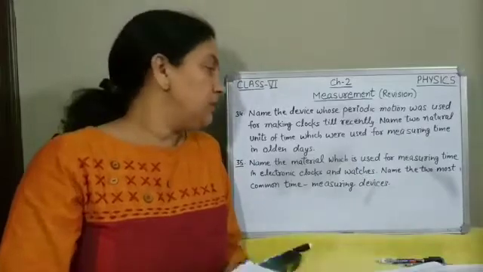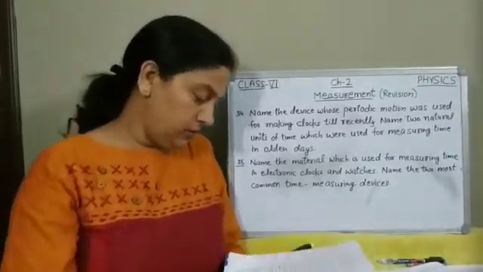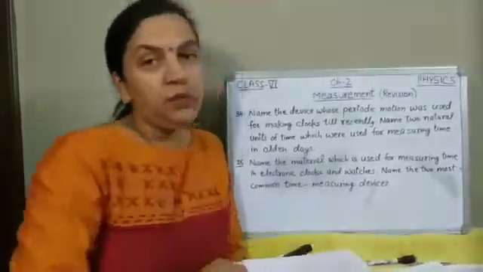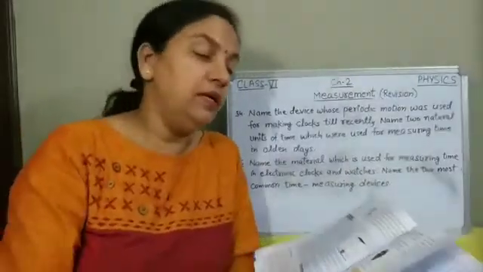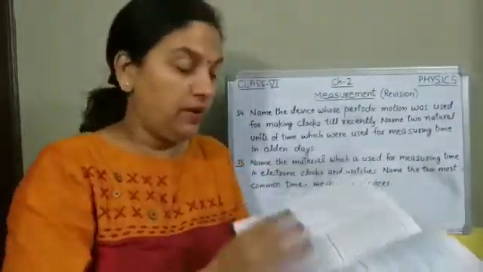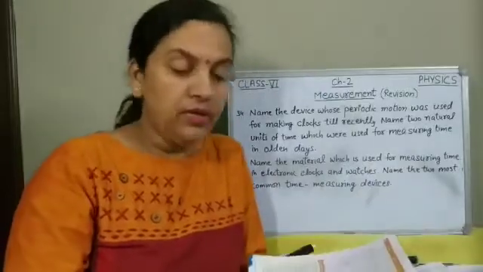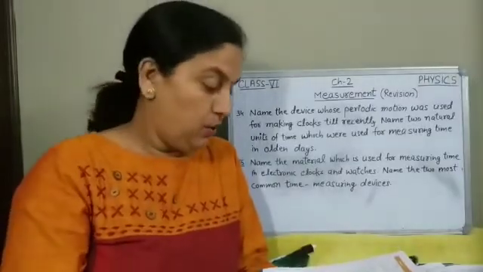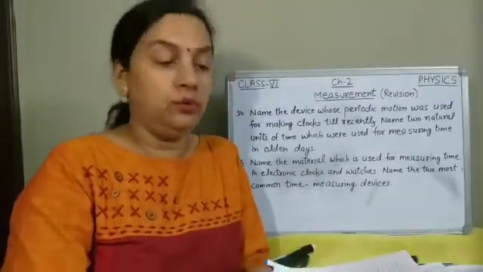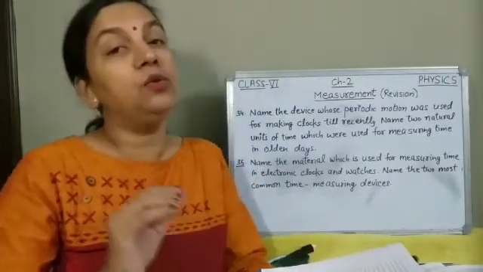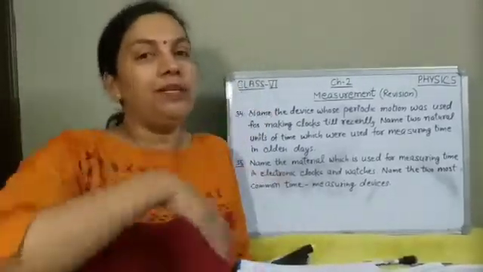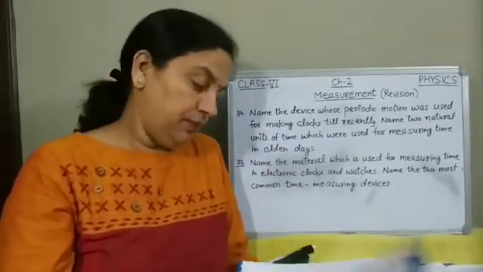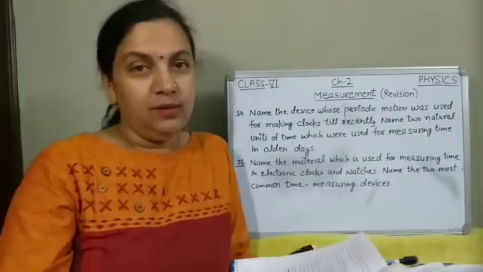So children, this much for today. We have completed all the subjective type questions of exercise E, and I request you all to please go through the chapter. Each and every line you have to revise, and if you are not able to understand anything, you can ask through the mail. Also try to practice the questions to express kilometer into meter, meter into millimeter, like we have done. So kindly revise all the chapters. Thank you.